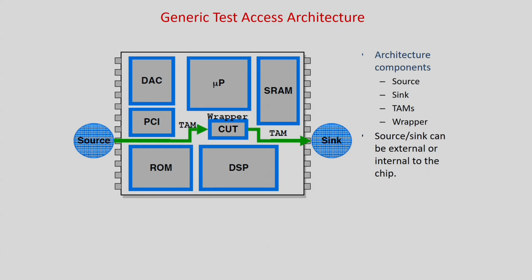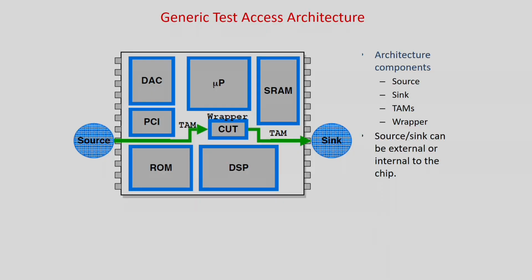It can be an ATE for an offline test. For a BIST, the internal sources like test pattern generator or response analyzer can be put on the chip itself. There are full lectures available on built-in self-test down the line. But for the time being, you can just take the fact that for BIST, the test pattern generation and analyzer are on the same chip, rather than using an ATE to do that. And the wrapper.